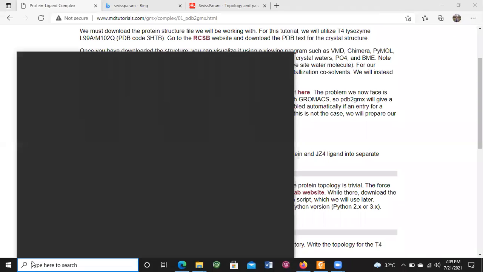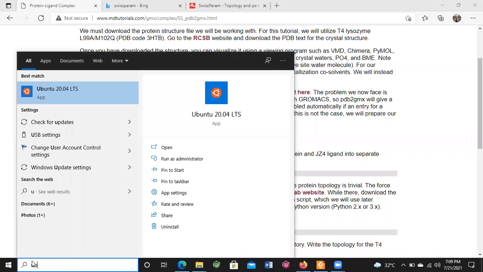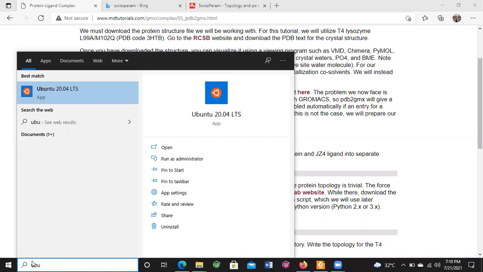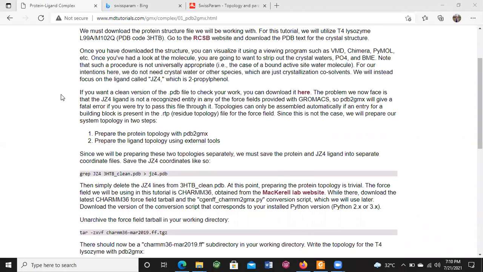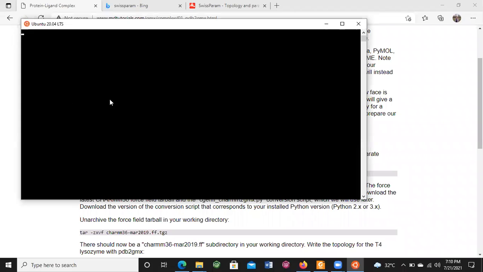Now open your Ubuntu, which is installed in Windows, and you may also perform this activity in a full Ubuntu system. But here I am performing it using the Ubuntu app in Windows 10.